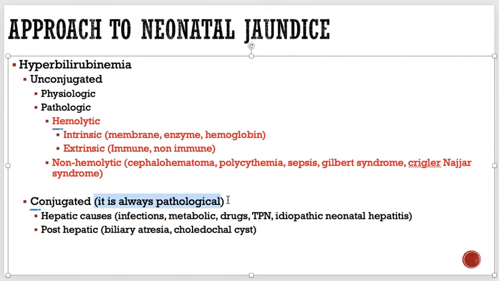Unconjugated type can be pathological, can be physiological, right? I will change the color of that. And whenever it is pathological, it can be due to hemolysis or it can be non-hemolytic. Whenever it is hemolytic, it could be an intrinsic cause or some extrinsic cause. And conjugated is simply hepatic as well as post-hepatic. So simply, as soon as you write the test,